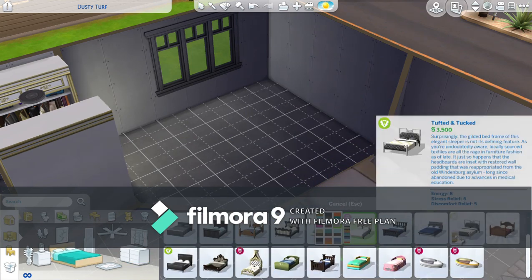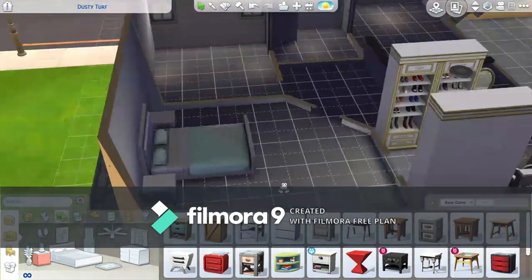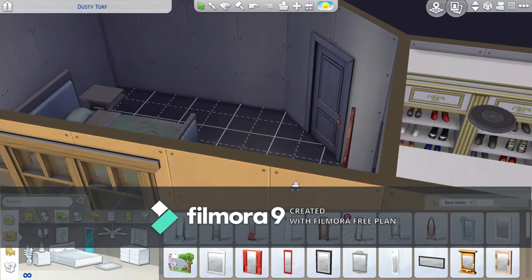Okay, so now I was struggling a little bit with which furniture to use for the parents' room. Everything ultimately looks okay. I should say I'm okay with the way that it turned out, but I'm really not